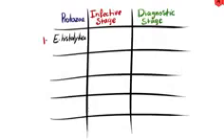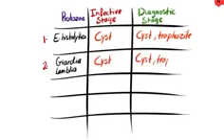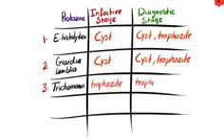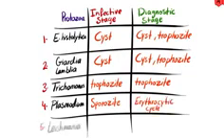So for Entamoeba histolytica, the infective stage is the cyst, and the diagnostic stage is the cyst and trophozoite. For Giardia, the infective stage is the cyst, and the diagnostic stage is also cyst and trophozoite. For Trichomonas, however, remember we didn't have a cyst, so the infective stage and the diagnostic stage is the trophozoite. Then we have Plasmodium, and the infective stage is the sporozoite, when it's in the female mosquito, and the diagnostic stage is during the erythrocytic cycle inside the red blood cells. Lastly, we have Leishmania. The infective stage is the promastigote when it has the flagella, and then the diagnostic stage